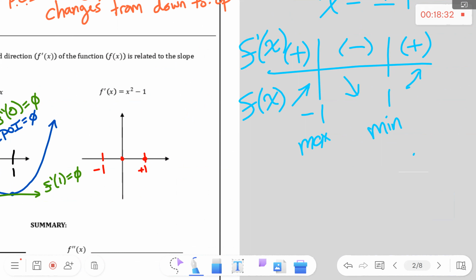What's my slope? Cool. What are my slope values outside of negative 1? Positive. What are my values from negative 1 to 1? They're negative. Let's go with something like